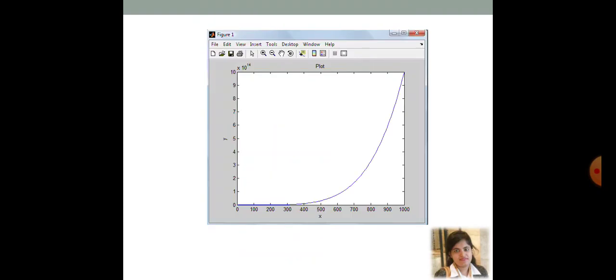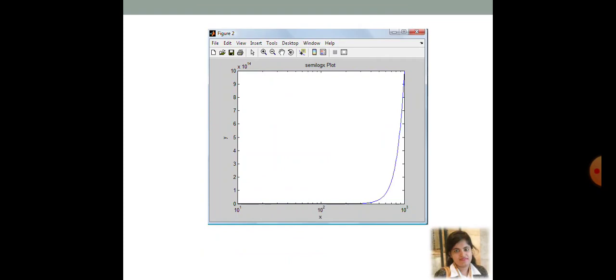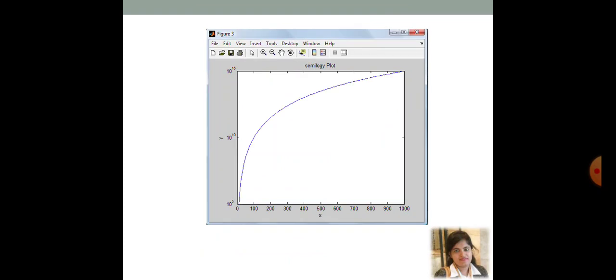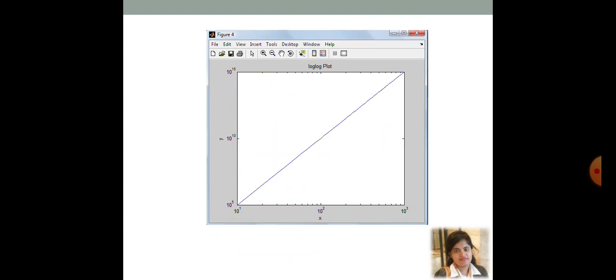So this is the first figure. See, figure 1 is there, the labeling of the figure has been done by x and y, then the title has been given. Then this is the second figure, figure 2, figure 3, and figure 4, and each figure has been plotted in its own window.